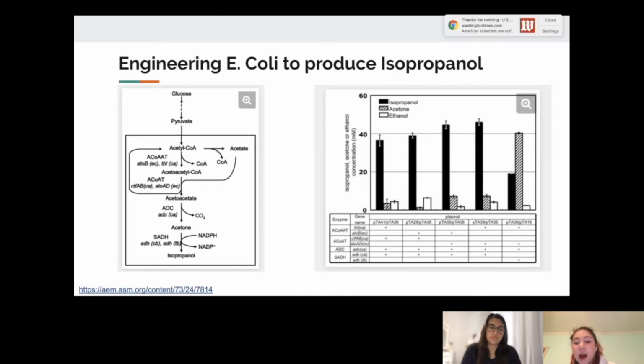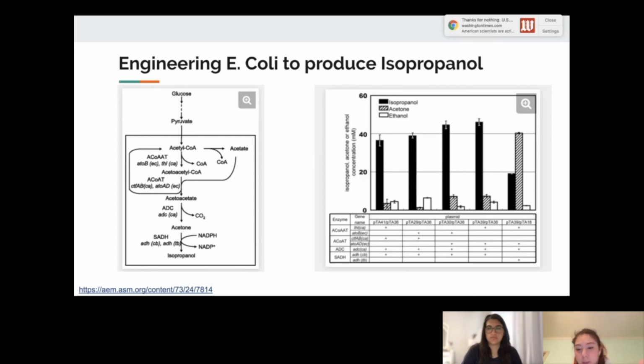There are 5 different combination plasmids that they used. If we're looking at plasmid 4, you can then look through and see where the pluses are to see which particular genes were used for any given step in the pathway. So for this one, the plus is for THL from Clostridium A. So in that first choice in our pathway where we could use ATOB from E. coli or THL from Clostridium A to produce acetoacetyl-CoA from acetyl-CoA, we have chosen to use the gene that's produced